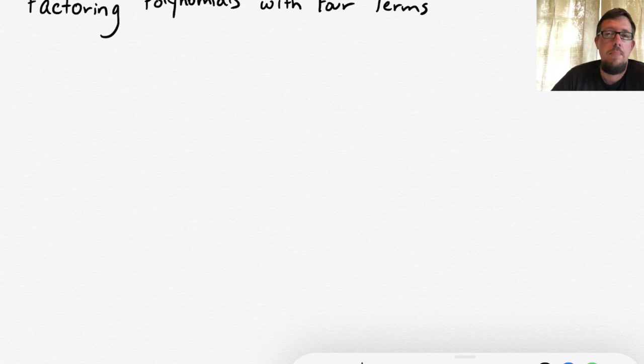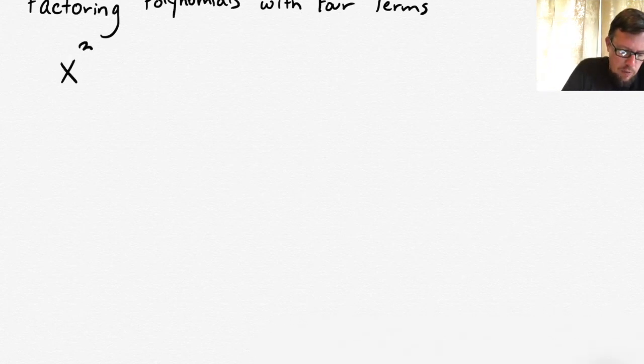One of the reasons is that sometimes you'll have polynomials with 4 terms, but another reason is that we're going to eventually start to factor more complicated 3-term polynomials or trinomials, and one of the tricks that we're going to use to factor those harder polynomials is by taking the 3 terms and splitting it into 4 and doing what is called factoring by grouping. So factoring by grouping is where we're headed with this eventually, but for now we're just going to do polynomials